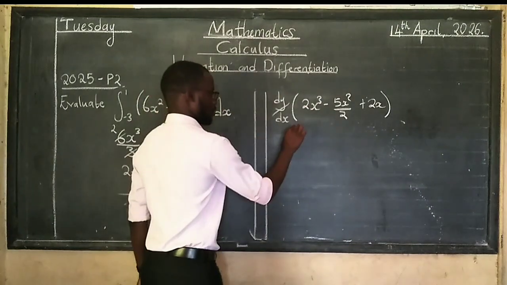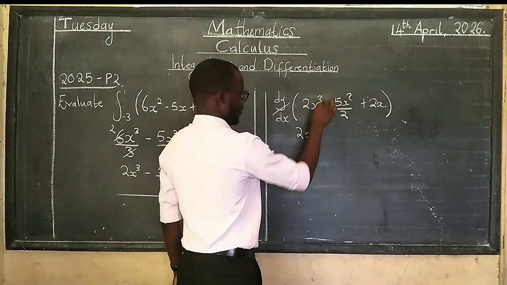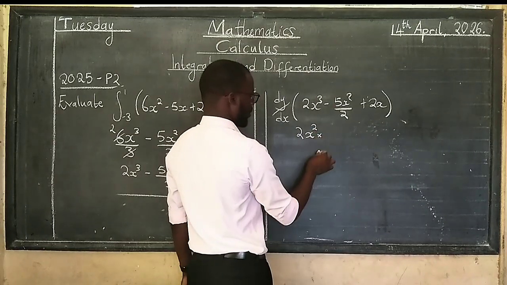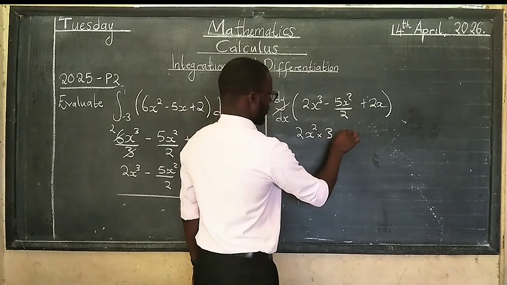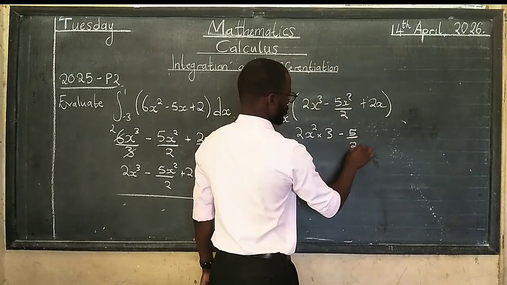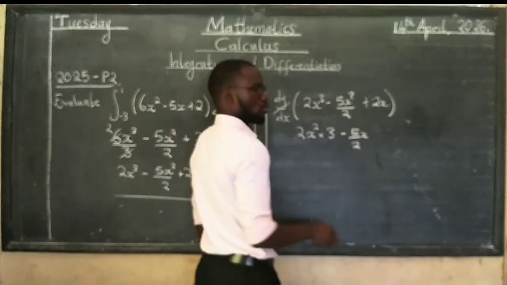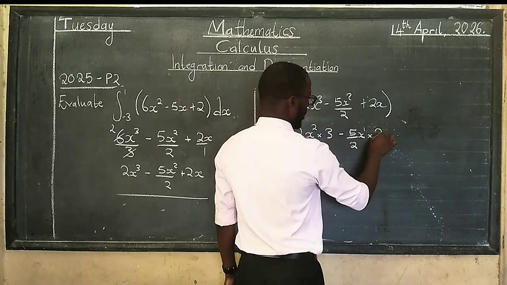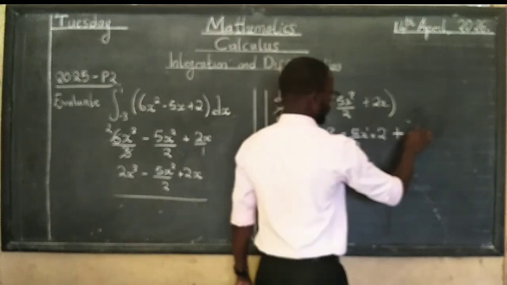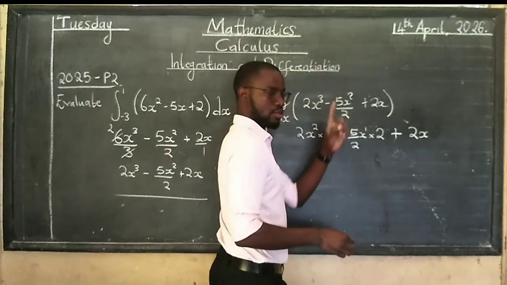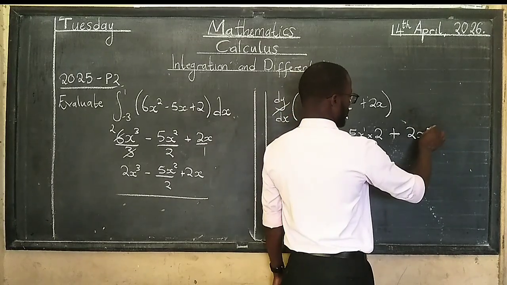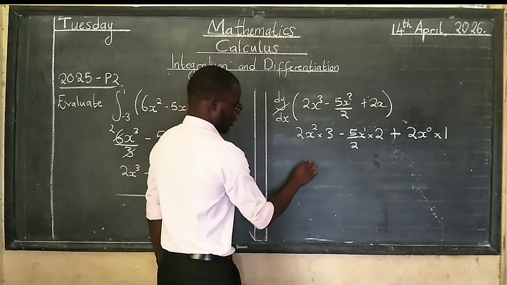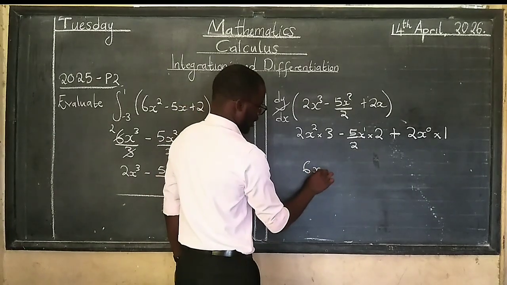The first part, 2 as it is, x to the power, the power will subtract 1, so it becomes 2 times the odd power, which is 3, minus, this is 5 over 2, x to the power 2, and we subtract 1, it's going to become power 1, multiplied by the old power, 2, then plus 2x, the power is 1. So we subtract 1, it's going to be 0, multiplied by the old power, which is 1, so this is going to give us this times this, 6x to the power 2,